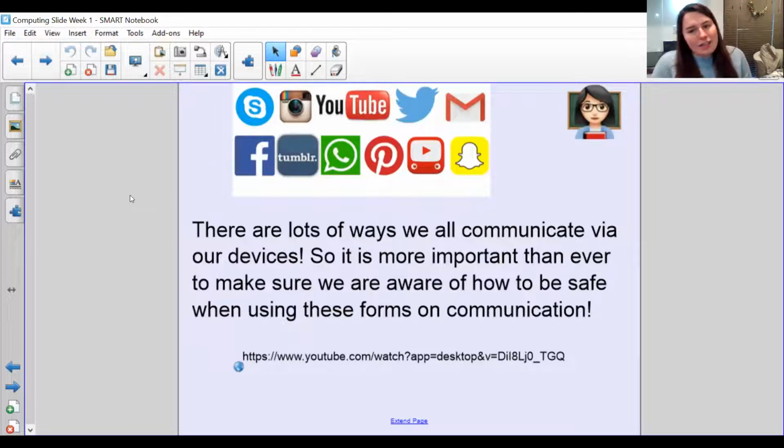Okay, so in this day and age, and especially at the moment, as I said, there are lots of ways we all communicate. I'm communicating to you now via the internet, but also through lots of other devices. It's so important that therefore we are very sure that we can be safe in the way we communicate, whether it be on a phone, on a chat room, or on social media. So I'm just going to play a video now. I'm going to stop sharing this screen and reshare another screen, and I'll get rid of my face for three minutes or so that you can spend some time listening to this video.